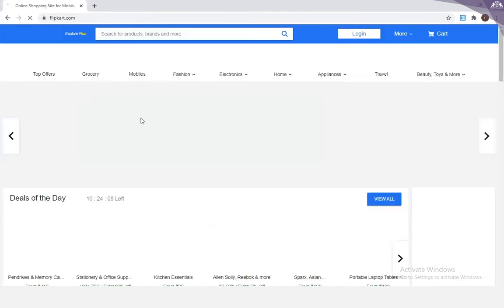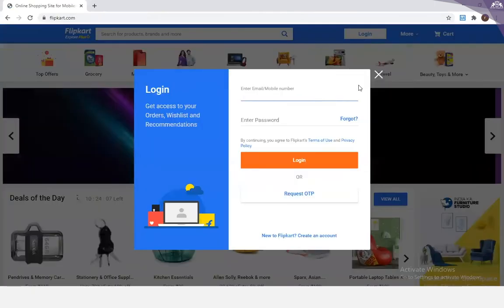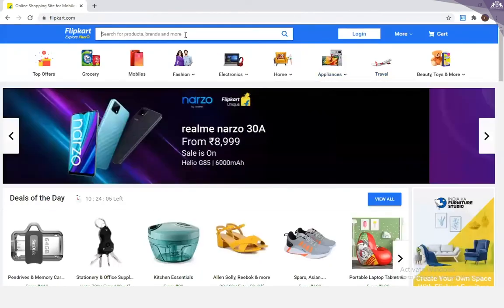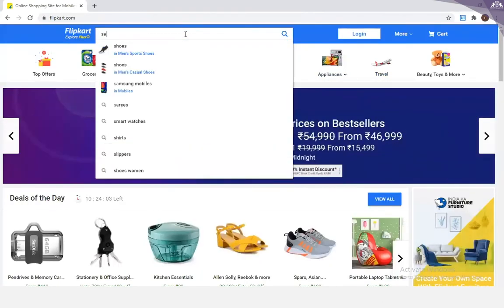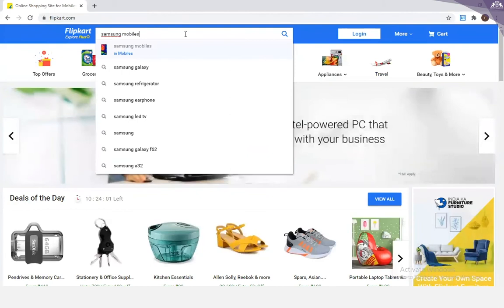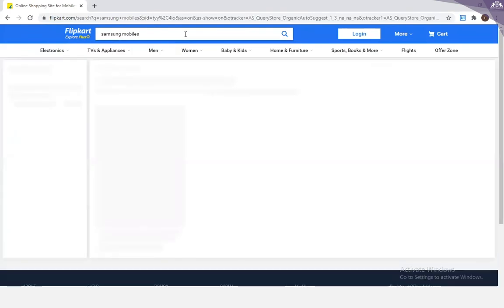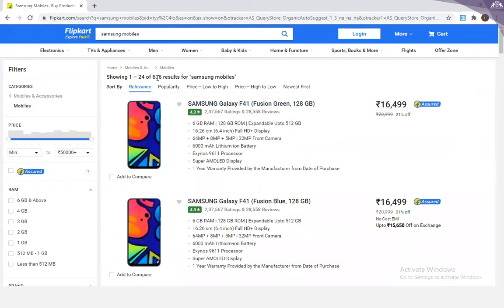So after opening flipkart.com, I'll close this window. I'll simply search for Samsung mobiles. This I'm doing manually. And once I get this page where I can see 636 cell phones by the brand Samsung,